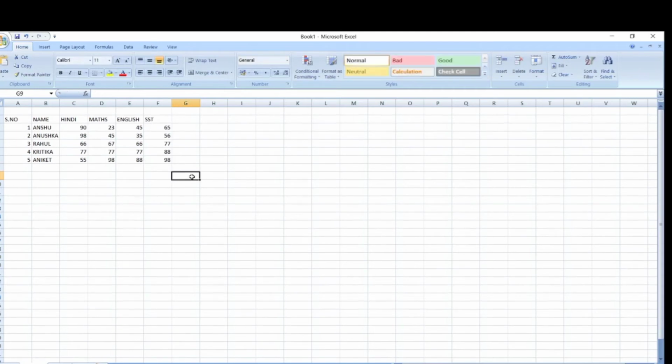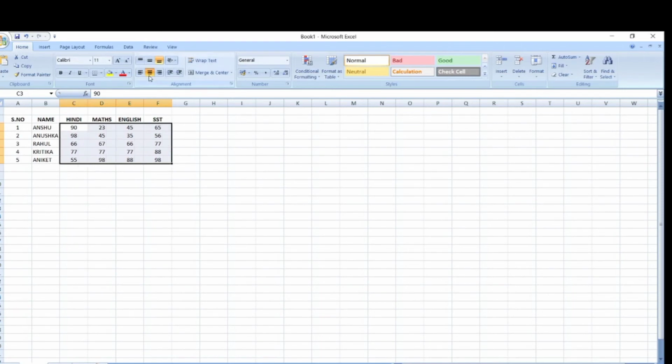Okay, so suppose I have created a mark sheet here and I want to align all the fields. I just have to select this and use the center alignment, or Control plus E is the shortcut key of center alignment. I can align all the fields here, and also apply bold. Here I can align this in the left corner or right corner, it depends upon my choice. I can select all the data from here and align it in the center.